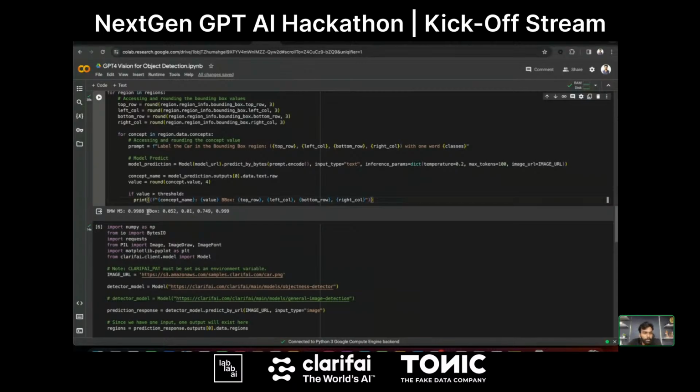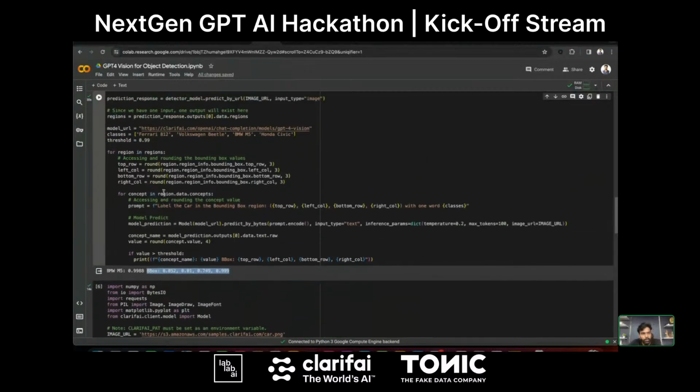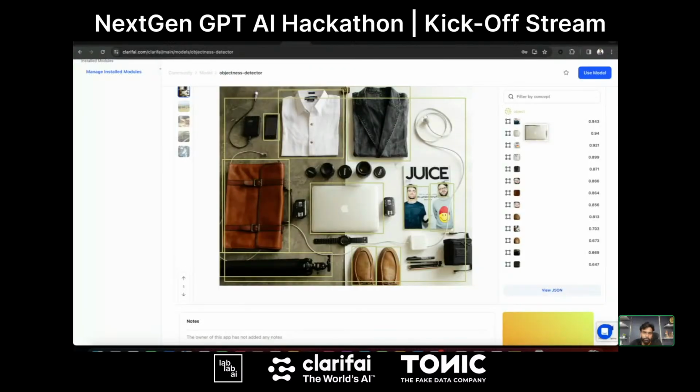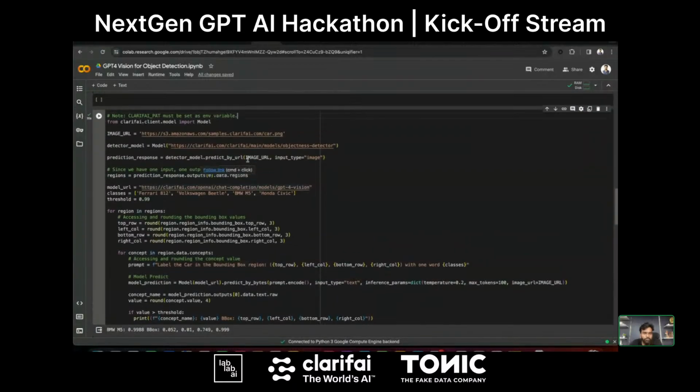And even the bounding boxes, right? You can see we just got all the bounding boxes here. So that's what I just printed. That's how you can just use this. So it's pretty simple. I just got the model URL from the community. I went to the object detection model, got the URL, and then I just passed it here and got the response, iterating over the